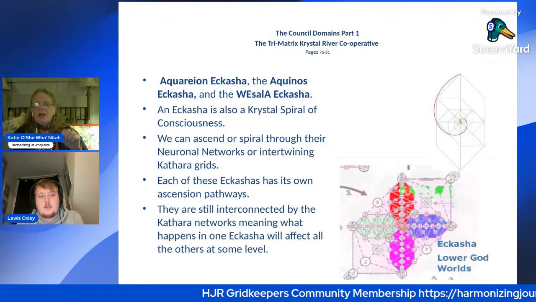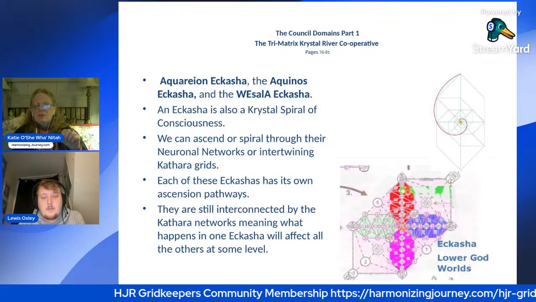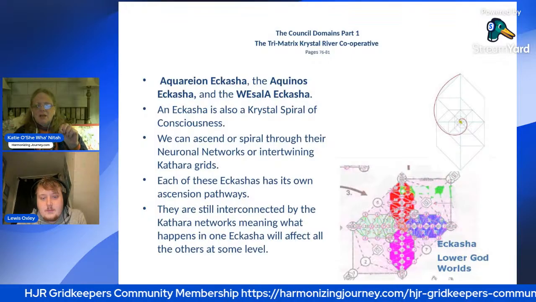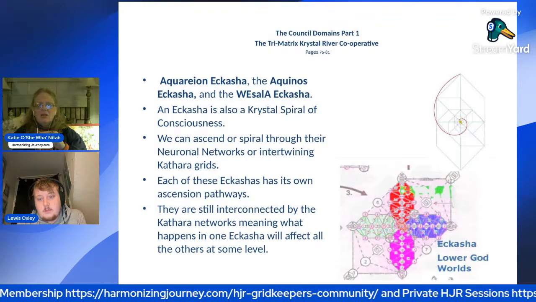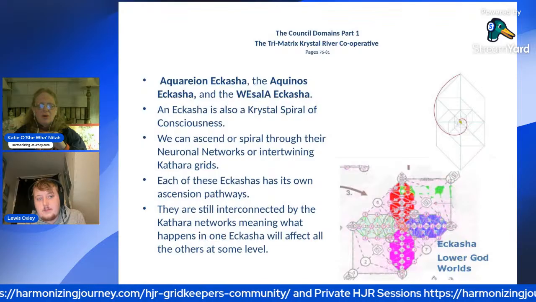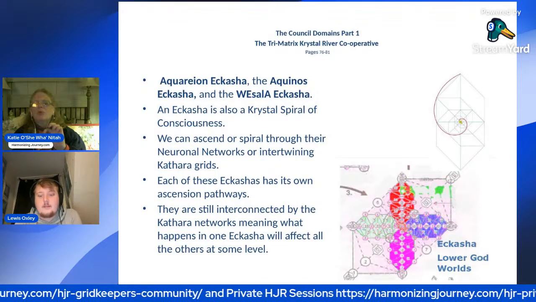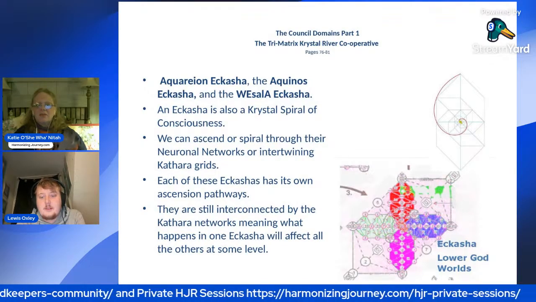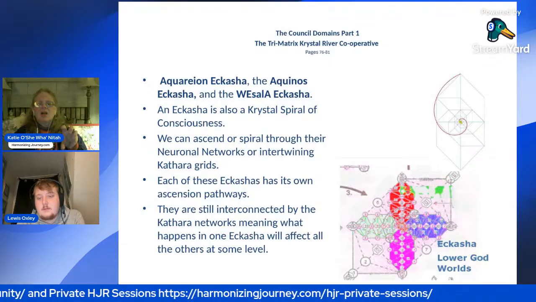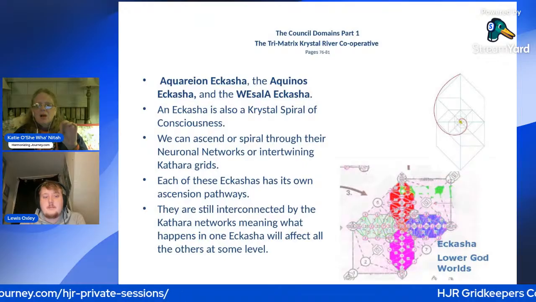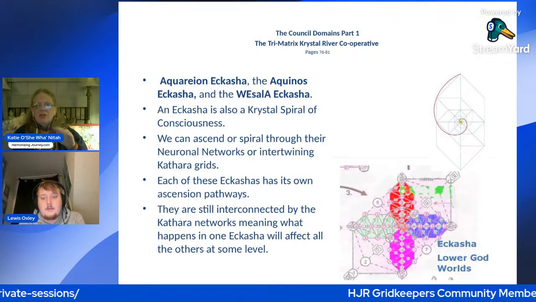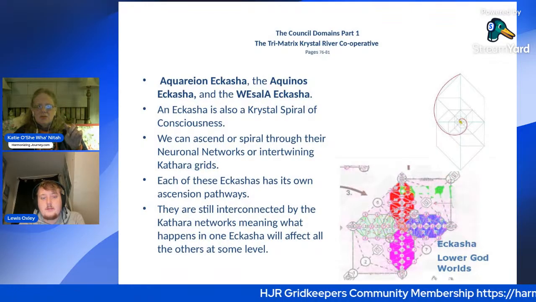The pink one, that's the Veka. We're down at the bottom of that. We have our parallel anti-particle self, the more bluish color, and then our primal light and sound fields, and that fits into a bigger Cathara grid structure called an Akasha. This is within the lower God worlds, and then above that you see the crystal spiral structure.